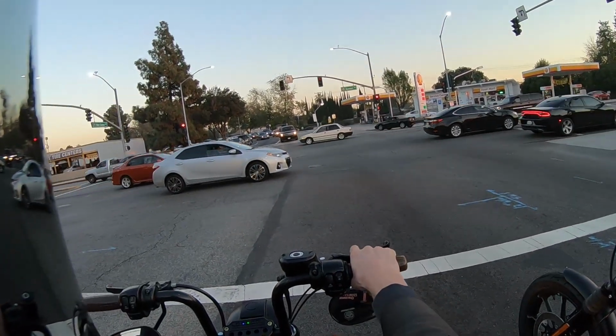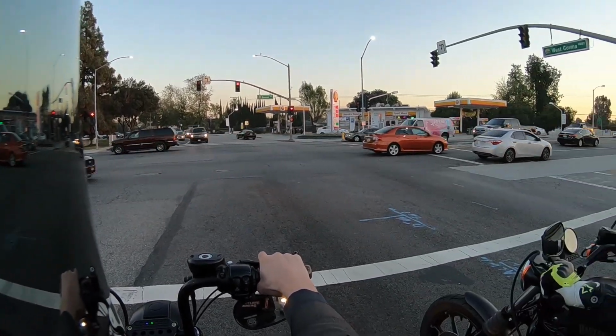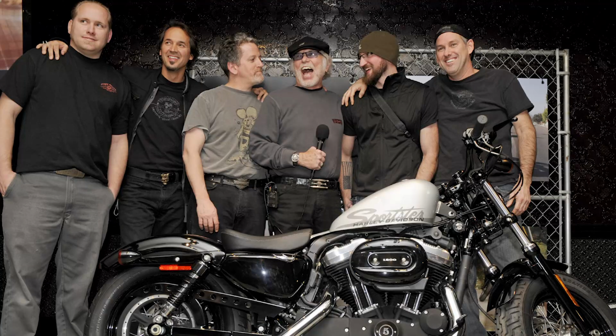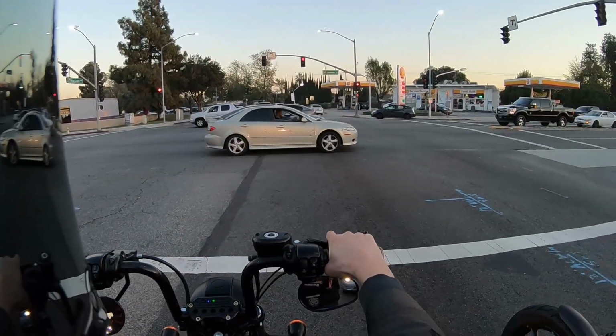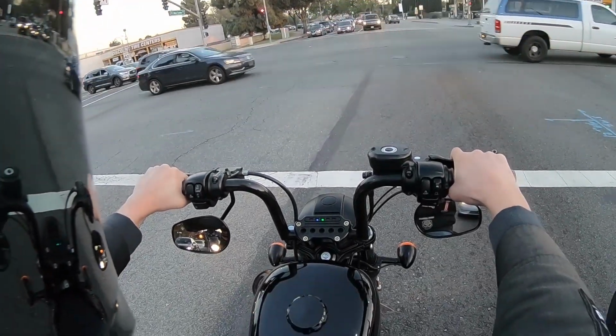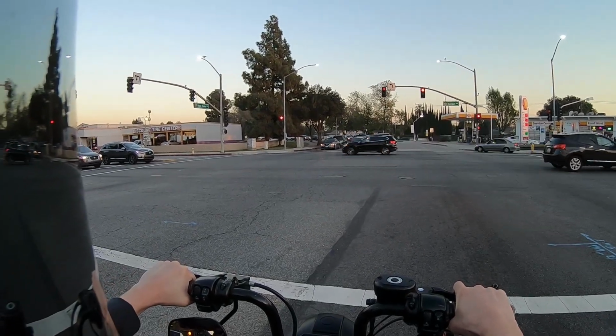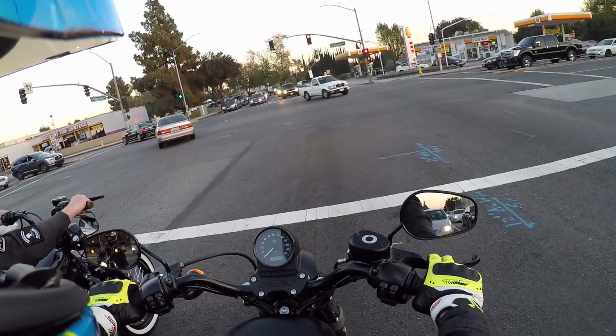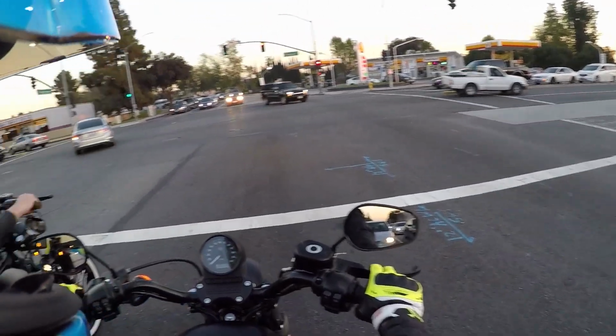But the 48 was, again, one more step in the direction of this bobber rat rod style. It had a 2.1 gallon peanut tank, laced wheels, big fat front tire. So it's just a little bit different styling points, but still very much your blacked out bobber-esque type of bike. And again, this just kind of fueled this movement even more, where we saw more and more of these Sportsters